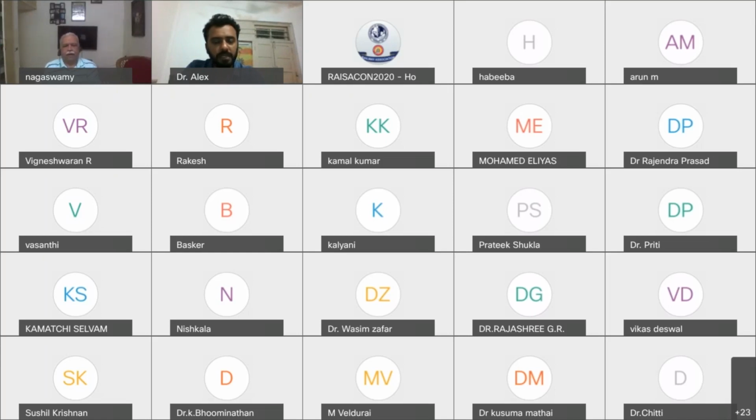So juxtamedullary nephrons basically help in autoregulation of the kidney. Autoregulation of what? Urine formation or blood flow? Blood flow, autoregulation of the blood flow. Is it a juxtamedullary function? New physiology I am learning. Cortical is for removal of solutes. Juxtamedullary is for concentration. That is where the long tubules have the countercurrent multiplication. All these things take place in the medulla.